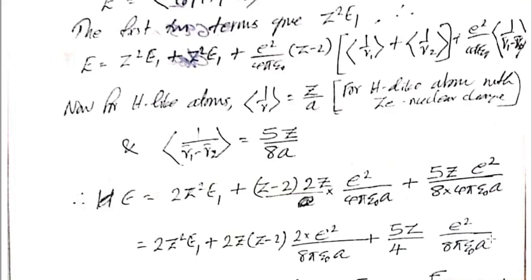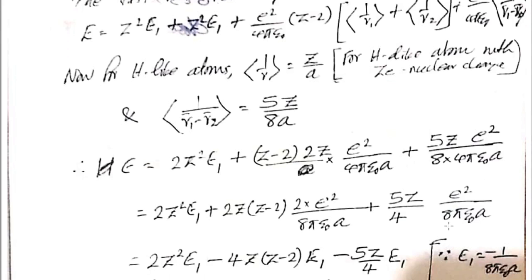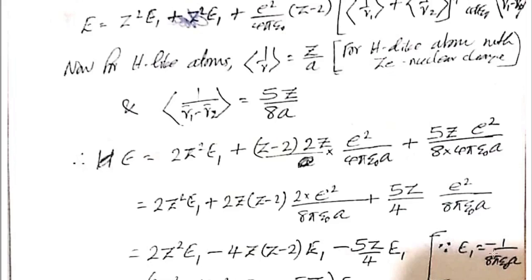Actually it is the negative of the ground state energy of hydrogen atom, that is E1 is equal to minus e²/8πε0a. So that becomes 2Z² E1 minus 2Z into 2, that is 4Z into (Z - 2) E1, minus 5Z/4